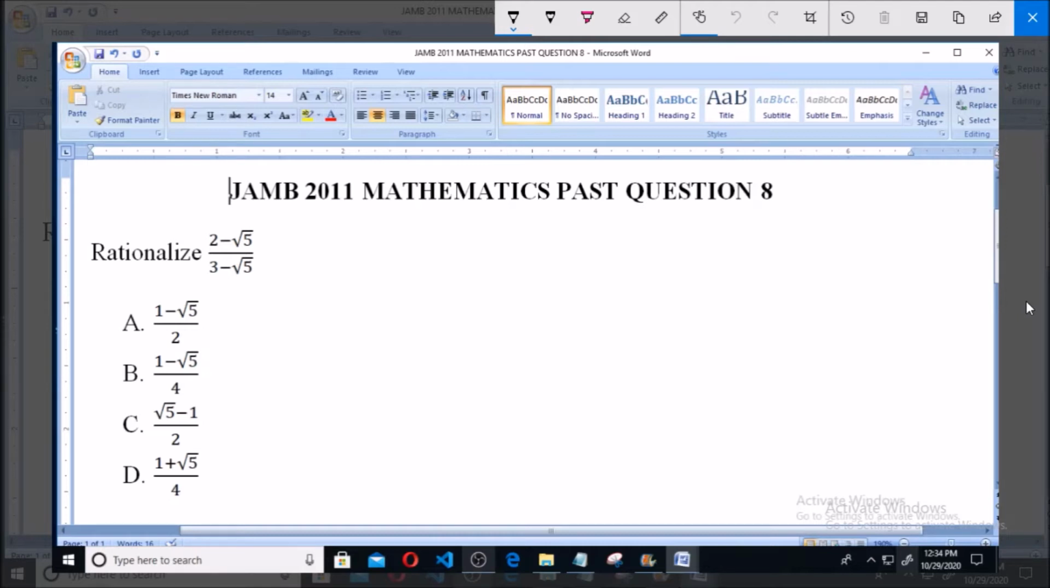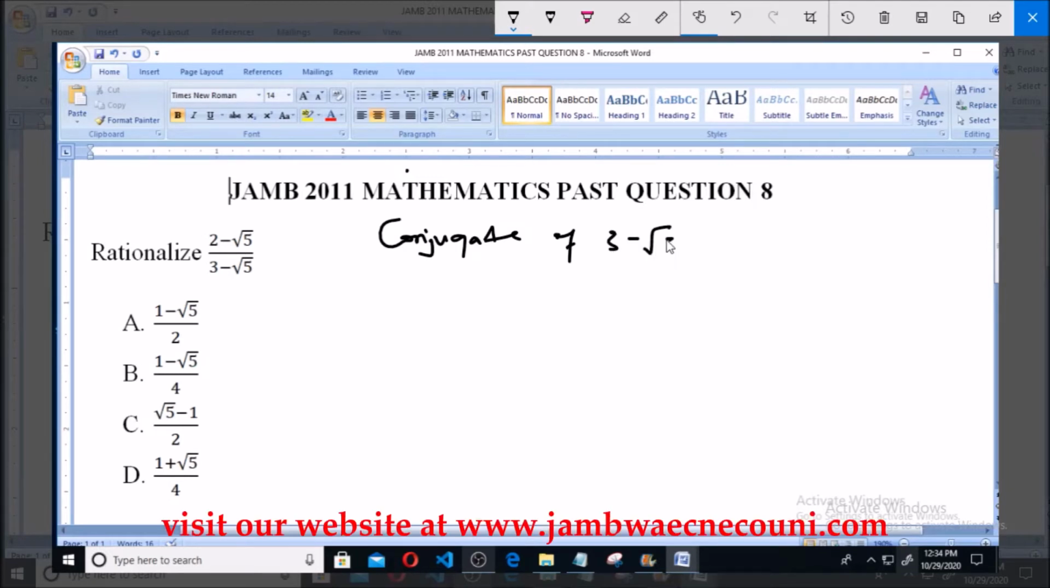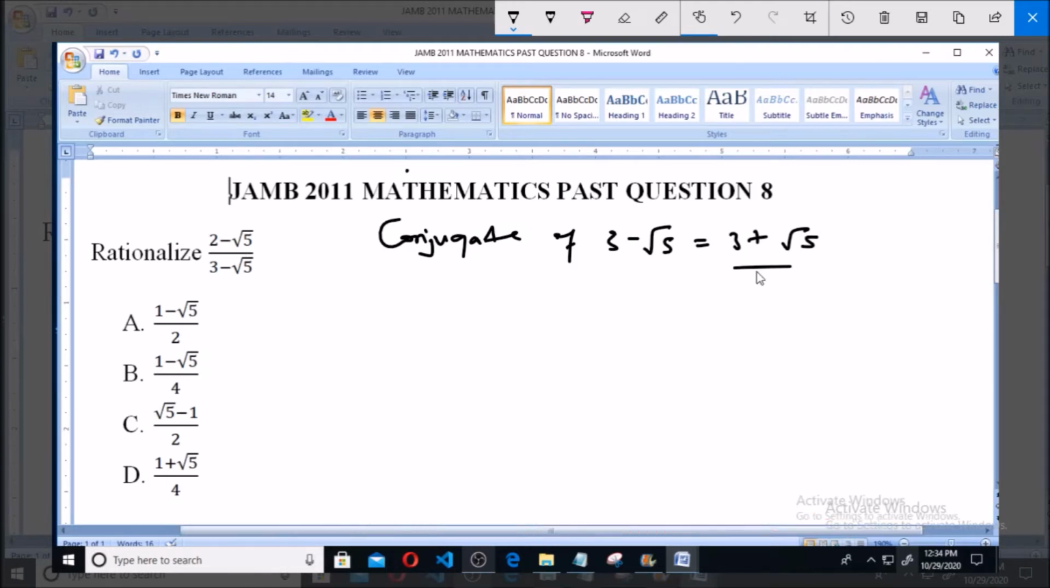Now we're asked to rationalize this surd given to us. And like we know, to rationalize a surd, we have to look at our denominator and find the conjugate of our denominator. And the conjugate of our denominator, which is 3 minus root 5, is equal to 3 plus root 5. Now we multiply both the numerator and denominator by this conjugate. So now we'll be having